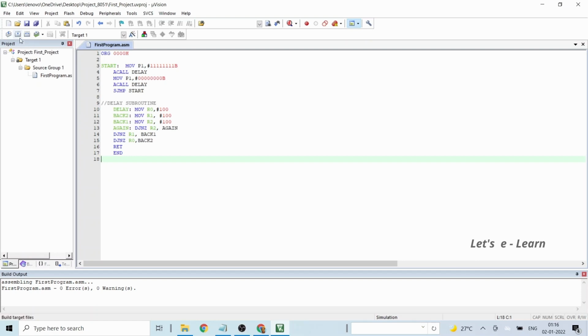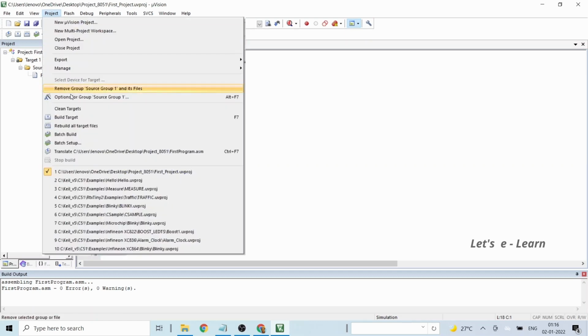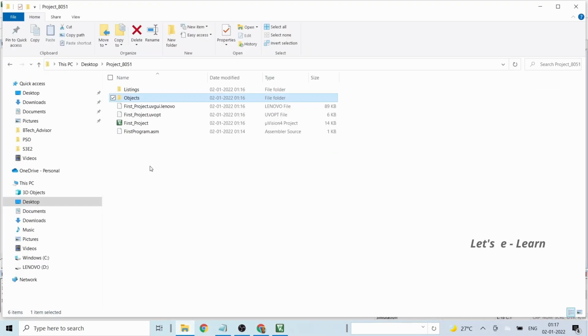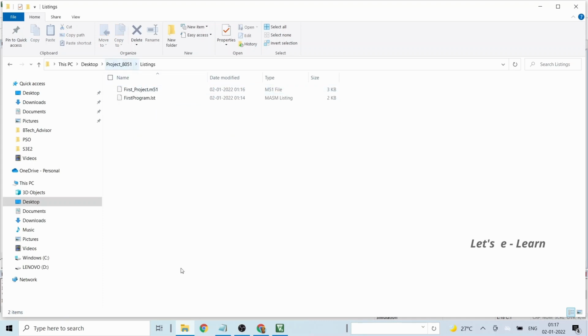Now to build the project, click on the build button or click on the project in the IDE menu bar and select build target. Here you can see that the project is built successfully with 0 errors and 0 warnings. Now if you go back and see the folder, we cannot see any hex file created after the build. So to create the hex file,